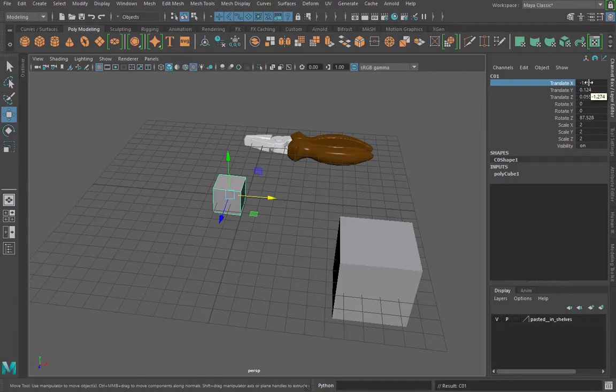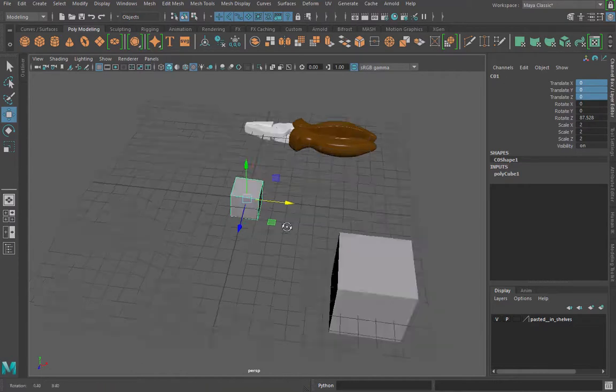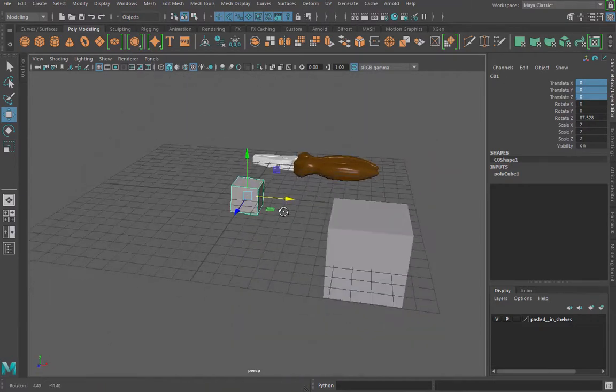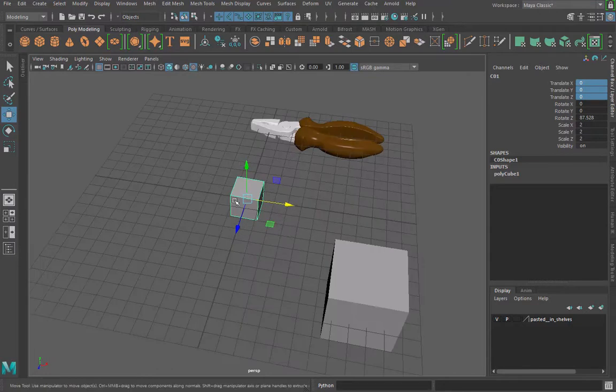So here I can choose any of the numbers and put a new number like 0. So now I'm saying the object is sitting in the center of my world, which is 0, 0, 0, this point. If I change this X to, let's say, 5 and press enter,